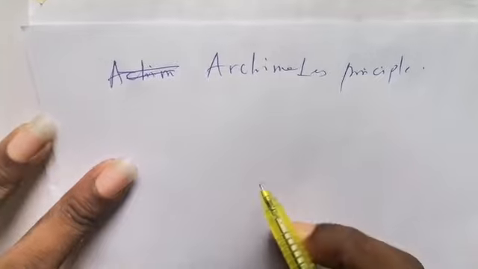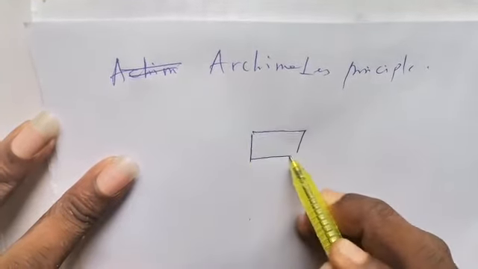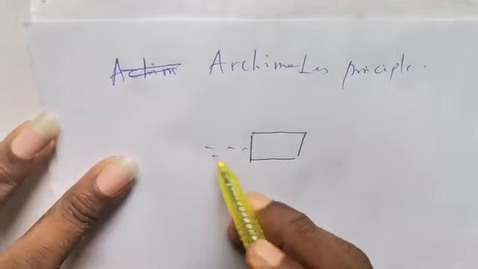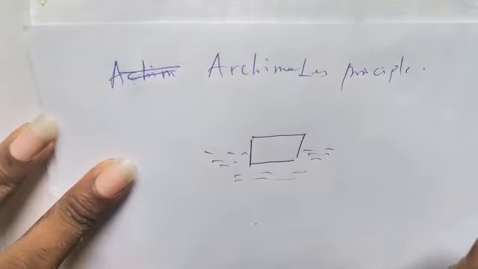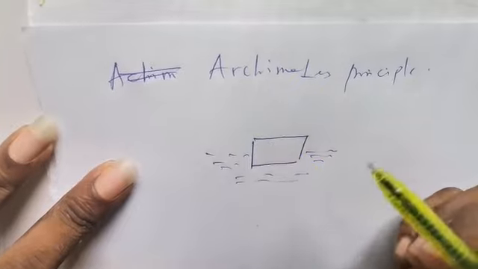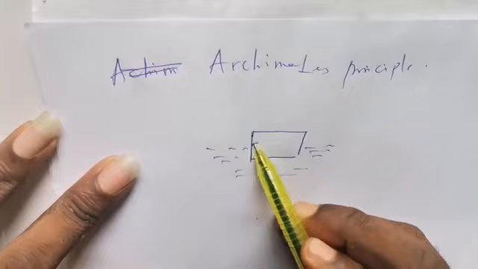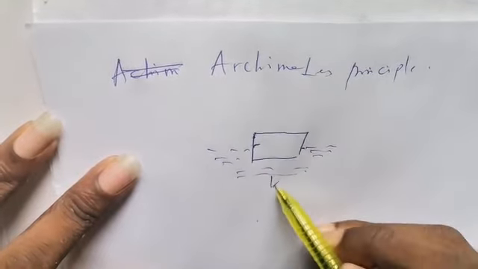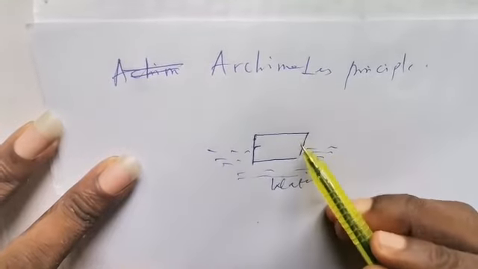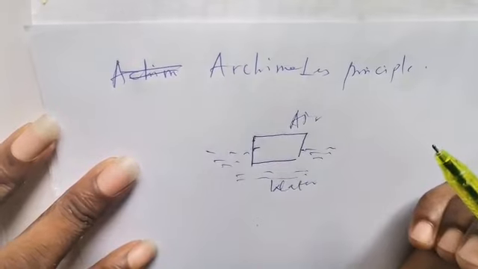For instance, let's consider that we have an object. Let's say we have a block which is floating on, submerged in water, partially or fully. Remember from Archimedes principle, it can be fully submerged, it can be partially submerged, but let's use a partial case here. It's said to be partial when we have some portion of the block outside the water surface. So this could be called the water. Then I have some portion of the block still in air, so it's called partially submerged.